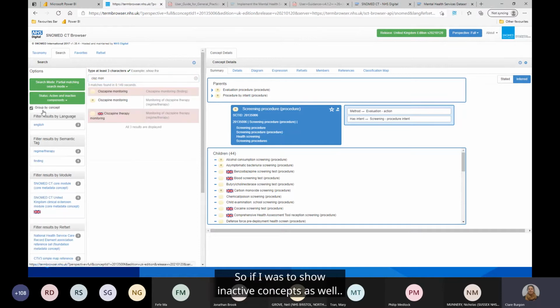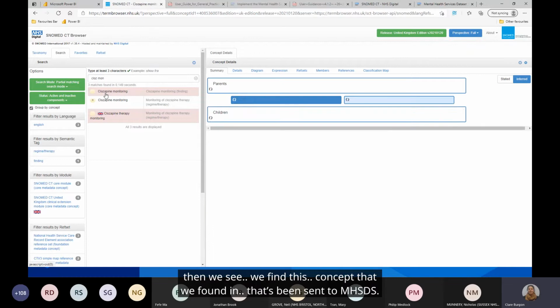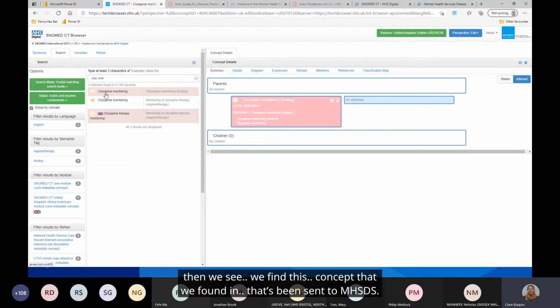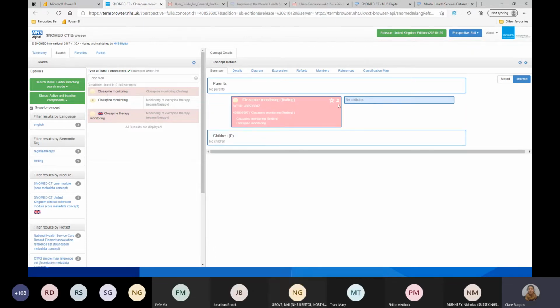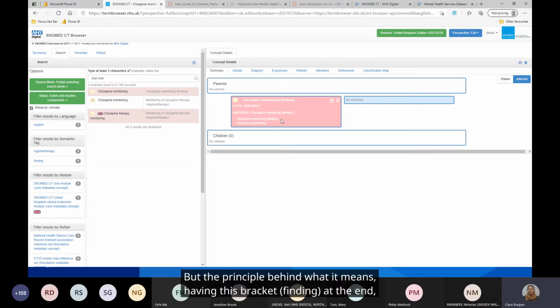If I was to show inactive concepts as well, then we find the concept that's been sent to MHSDS, and it's a finding. The pink means it's inactive, so it's been retired as a SNOMED concept. But the principle behind what it means, having this bracket "finding" at the end, is still useful to talk about. Having "finding" at the end means, as a clinician, you've found that clozapine monitoring is taking place.